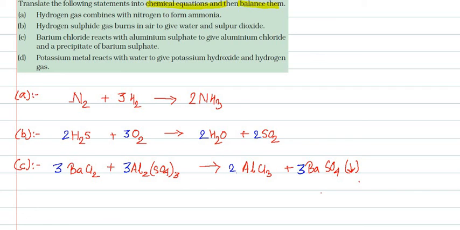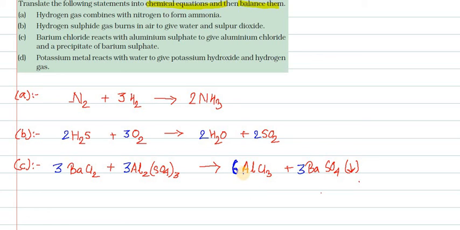If we multiply 2 with 3, we get 6. Now this is 6, and this is also 6, so aluminium on both the sides is balanced. Okay, so aluminium we have balanced,